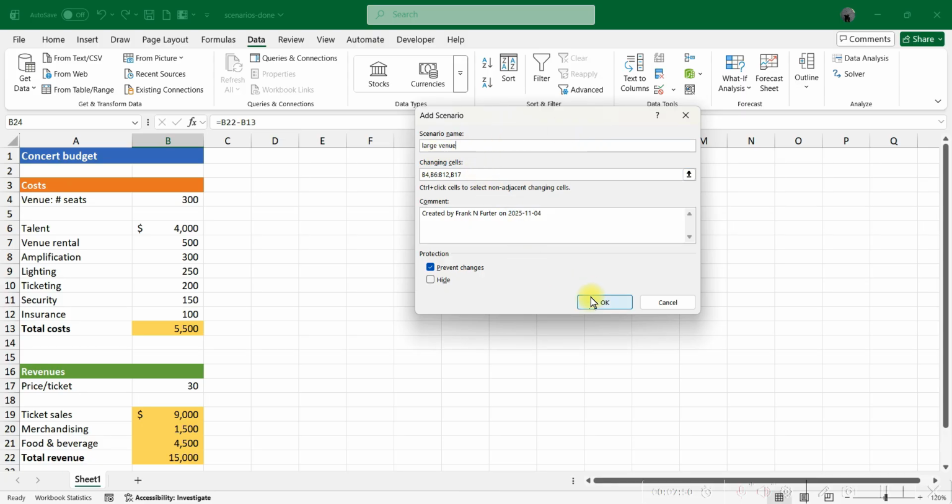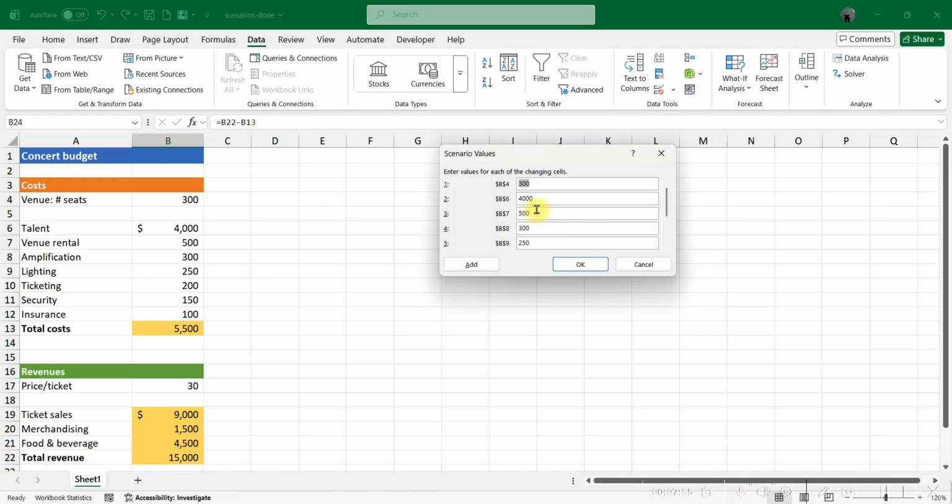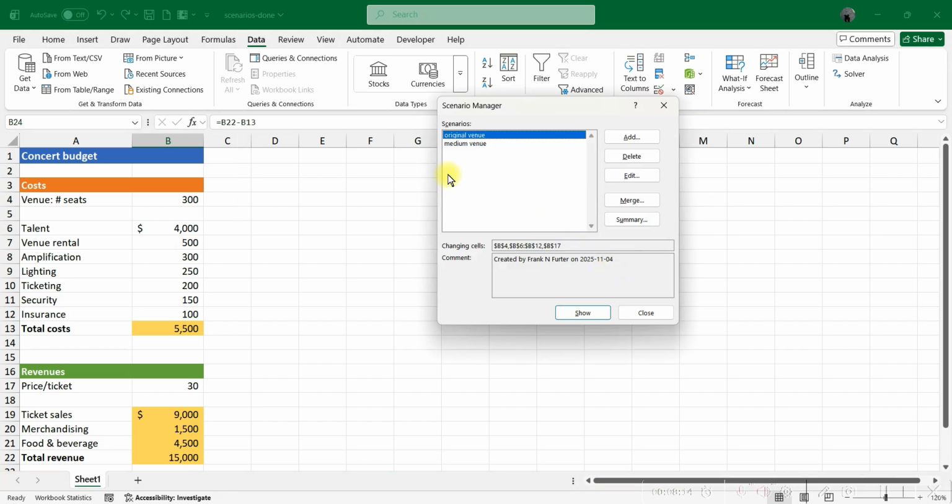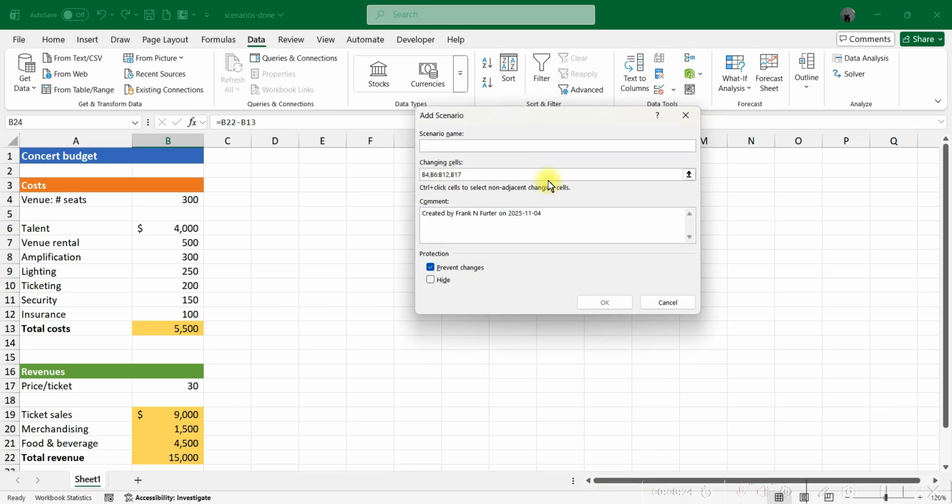Same changing cells, okay? The purpose of the changing cells is that you can change this cell, this cell, this cell, and they even give you the little boxes. So the scenario name is, oh no, I forgot. Let's cancel. The scenario name is, we've got original, we've got medium. Now we are going to add our third one. It's the large,